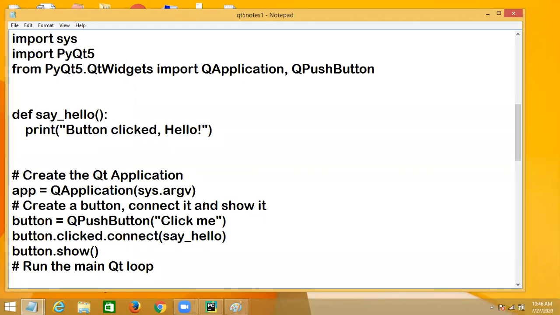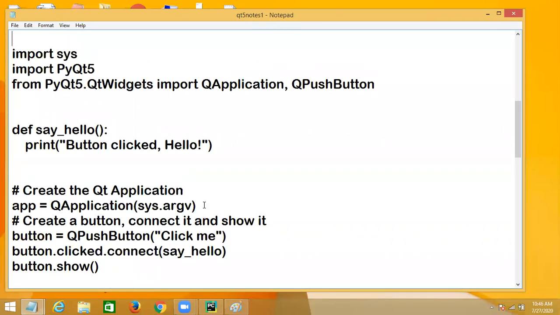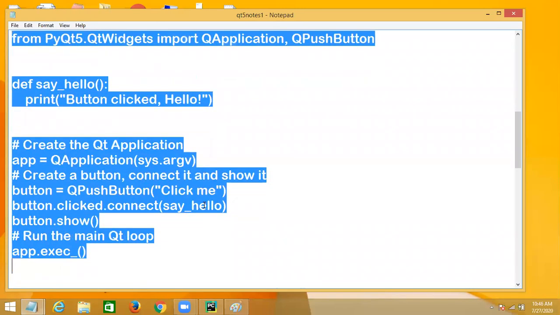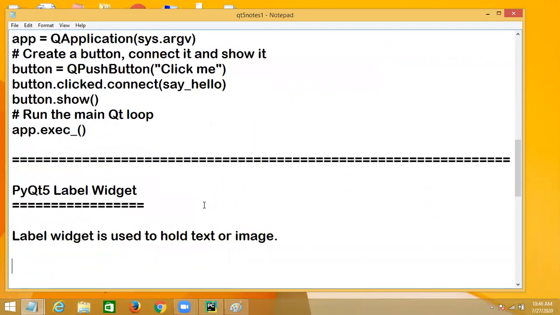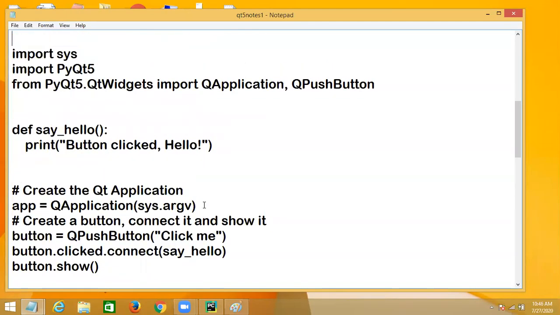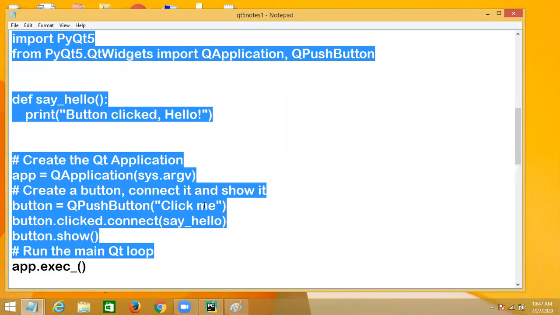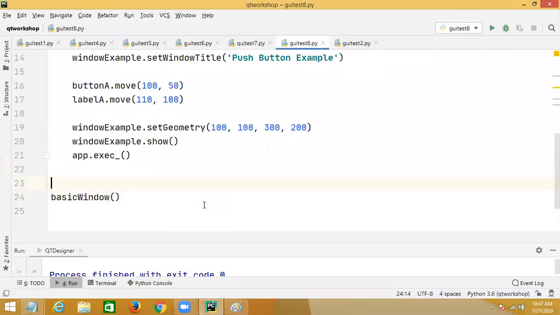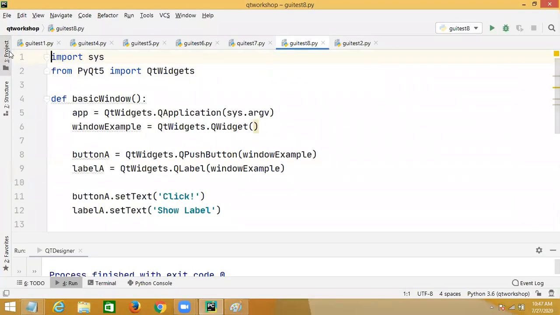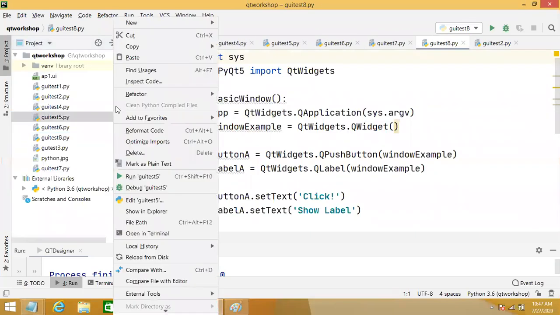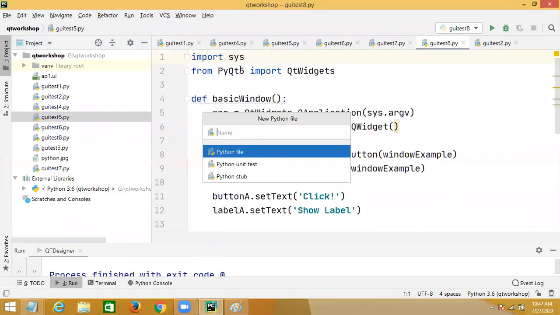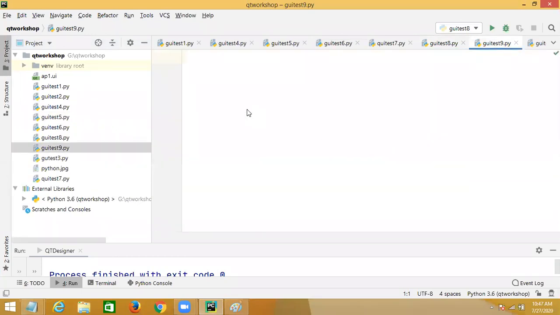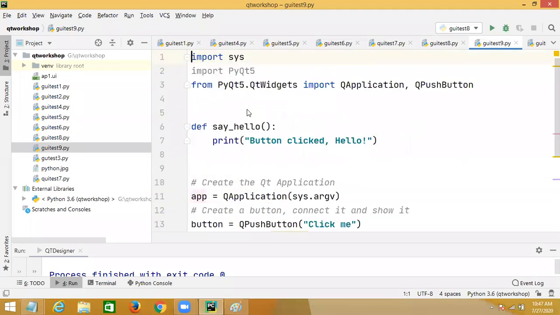Right, I just run this code here. Just see it. I have not written it in main. I just write this and execute the application.